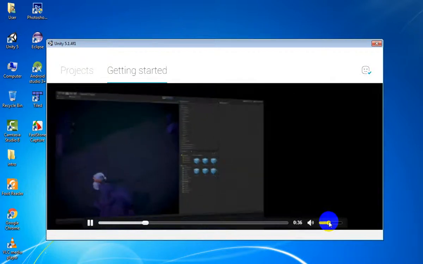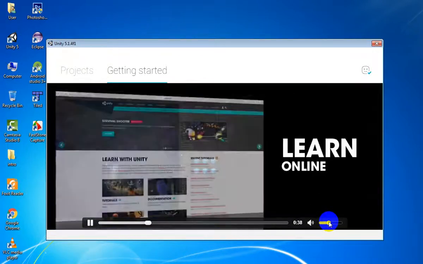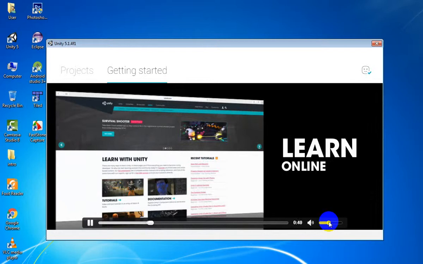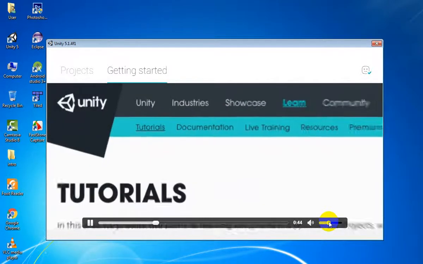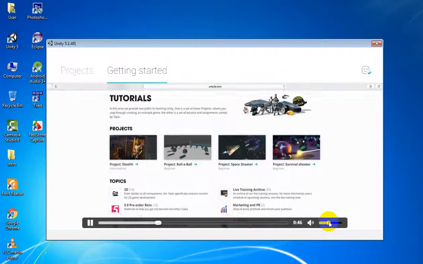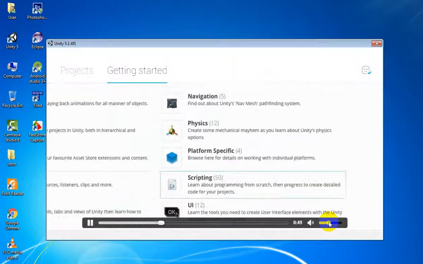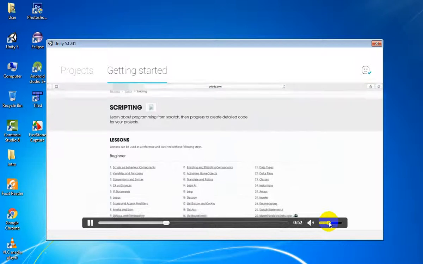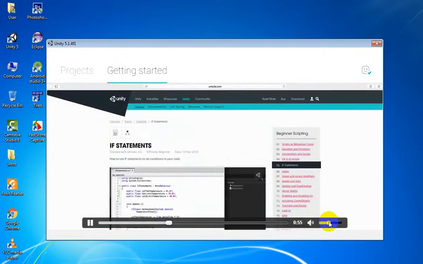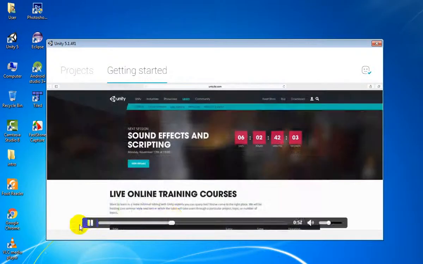For more information on the editor, watch the beginner tutorials in the Learn section of our website. The Learn area hosts tutorials and resources broken out into topics and projects to help you get started and grow your Unity knowledge. We even offer a ground-up introduction to scripting for beginners that assumes no prior experience. In addition to the tutorial topics, we also offer weekly live training